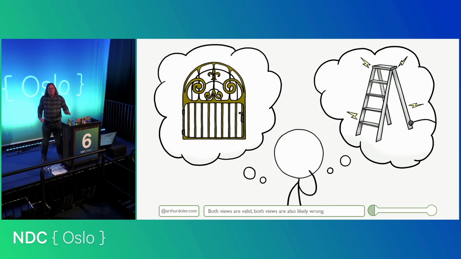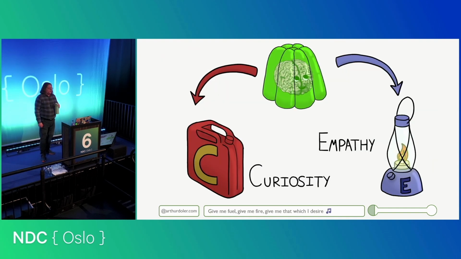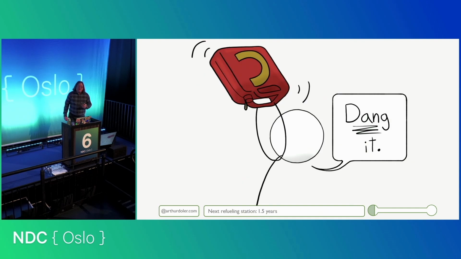Once you've got that under your belt, the next two things you need to master are curiosity and empathy. And you need to have them preloaded and practiced to be able to be effective at code archaeology. Curiosity is the fuel that is going to drive you forward on this journey. If you do not have it, you are not even going to get started, or you're going to peter out as soon as it gets hard.